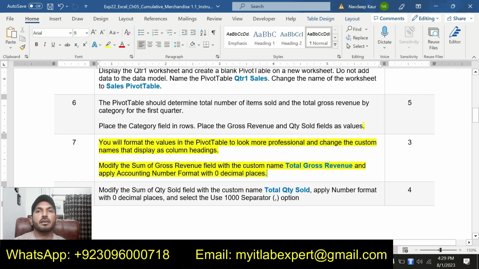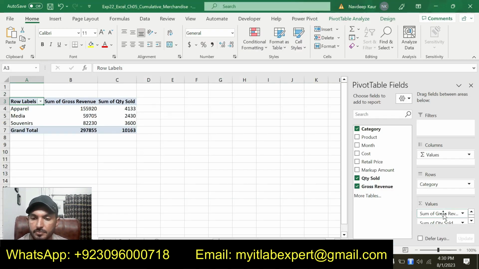So step number 7. You will format the values in the pivot table to look more professional and change the custom names that display as column heading. Modify the sum of gross revenue field with the custom name total gross revenue and apply accounting number format with 0 decimal places. So now we are supposed to do some modification of the